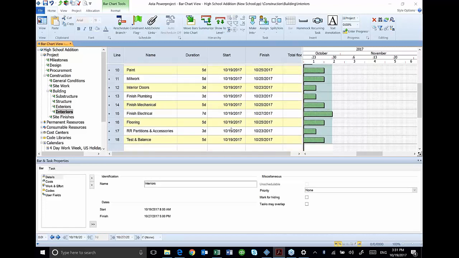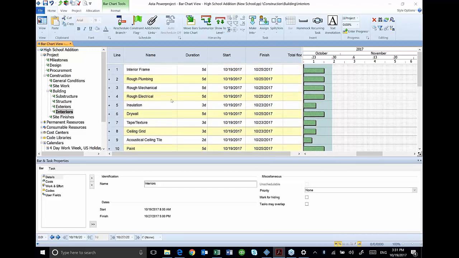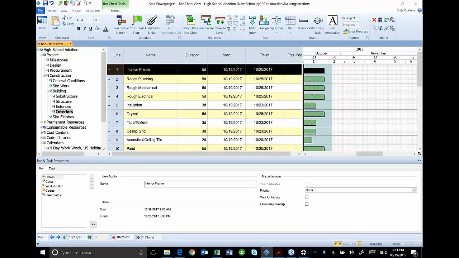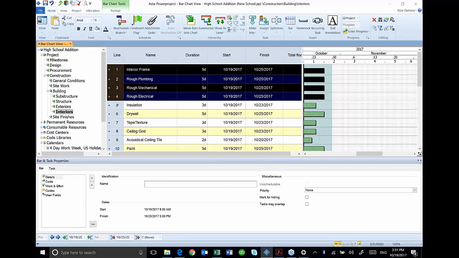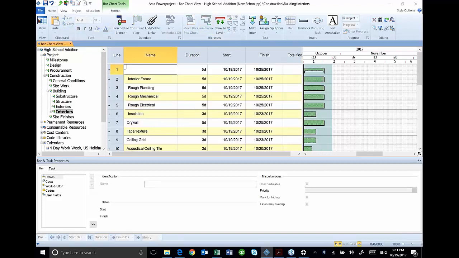So in this case, if I decided I wanted to break out the rough ends in my interiors from my interior finishes, well, I can do that. Right now, everything is under the title Interiors, but if I go over here into my interior frame, plumbing, mechanical, rough insulation, all the way up through insulation, I'm going to summarize those. On my home ribbon, I can go up here and say summarize, and I'll call this rough ends. It added that summary bar